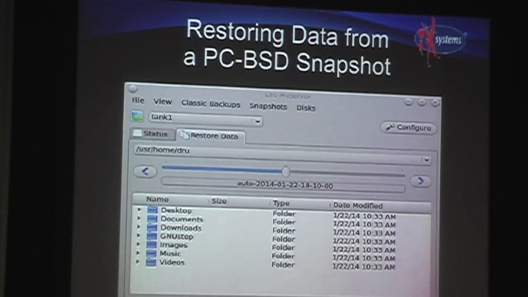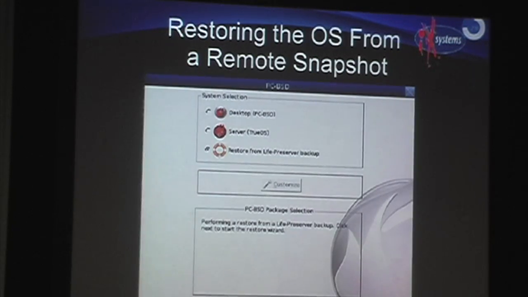So does anybody think that's useful? And I'm not aware of any other OS that does anything even close to that,